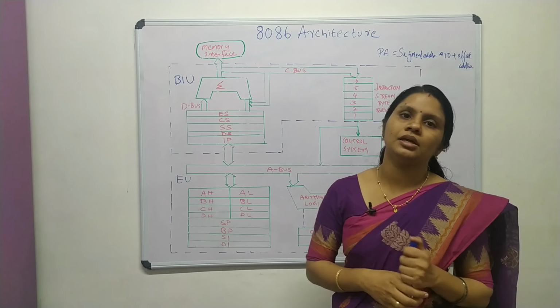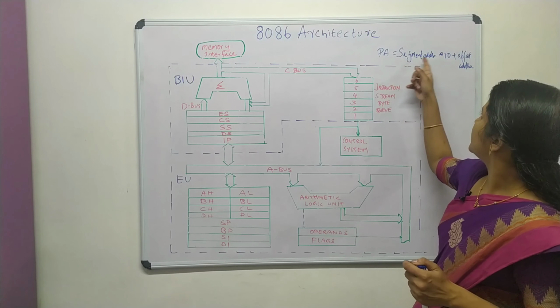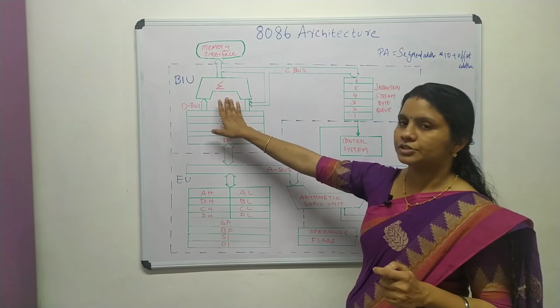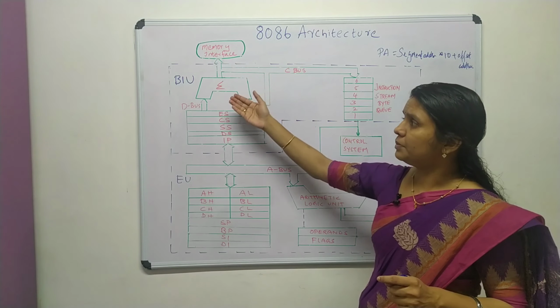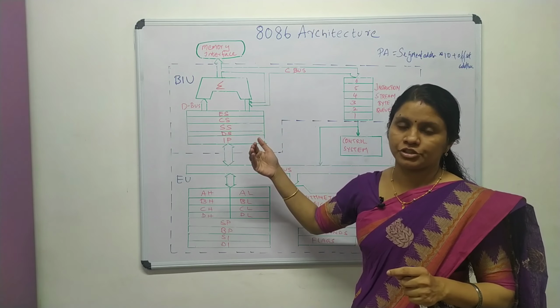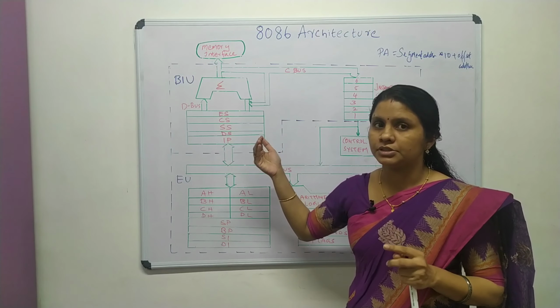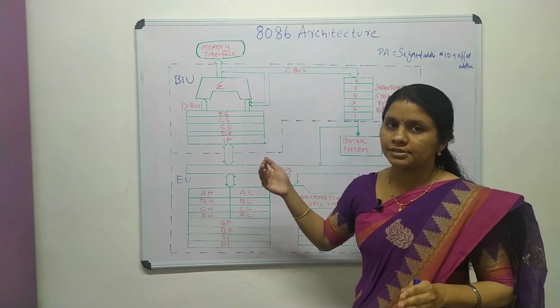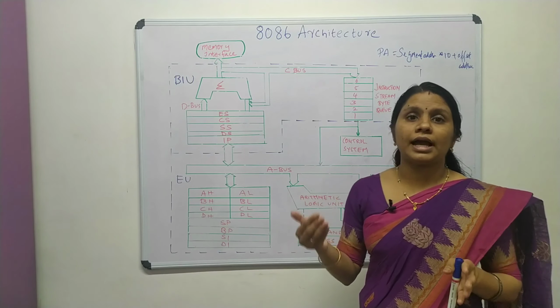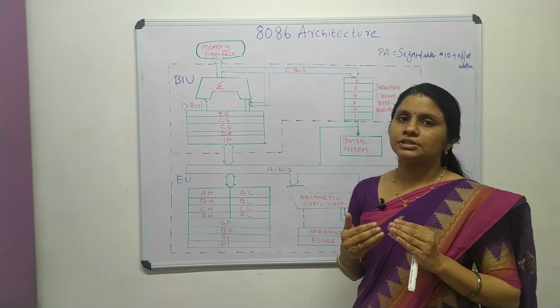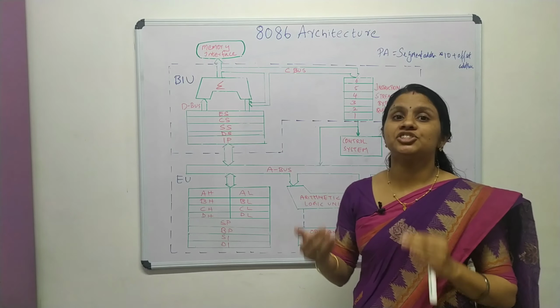Okay, other memories are all for additional storage. So here it is: segment address times 10 plus offset address. Fine. So this BIU will be fetching the instruction. So what is the main purpose of this BIU? It is for fetching the next instruction. The second one is to calculate the physical address, and the third one is to manage the queue.